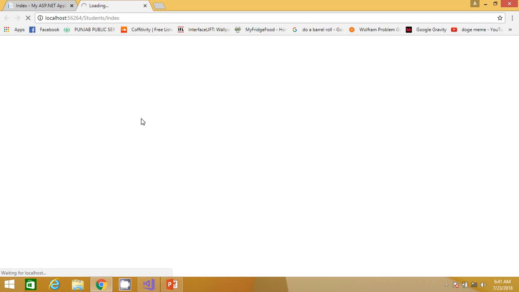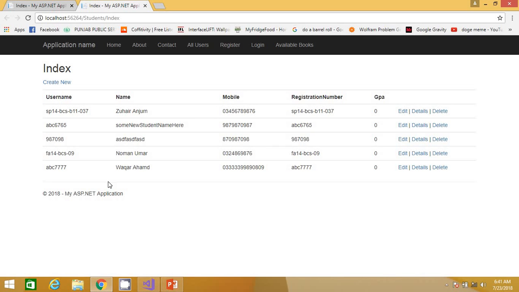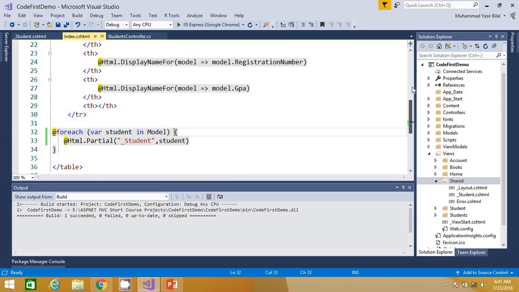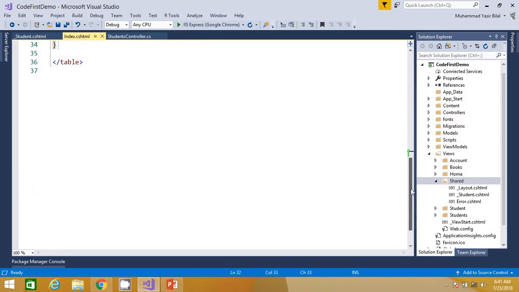So this is how we can use partial views to reduce the number of lines, not only in our views, but also we can use those partial views as a component in any other view. Like you can see here, we had this output before adding the partial view, and this after, so the output is the same, but you can see now our view is much clearer.